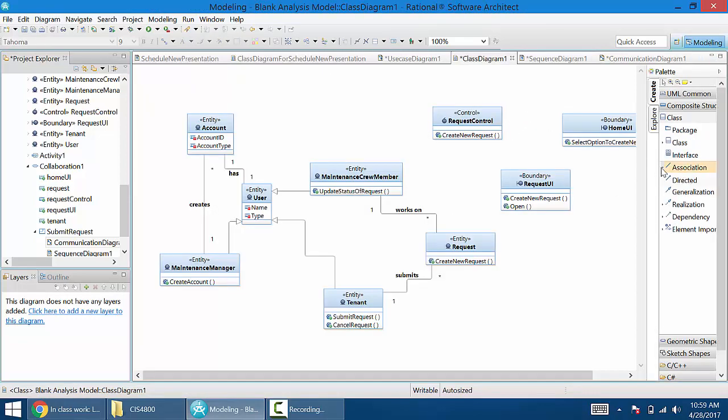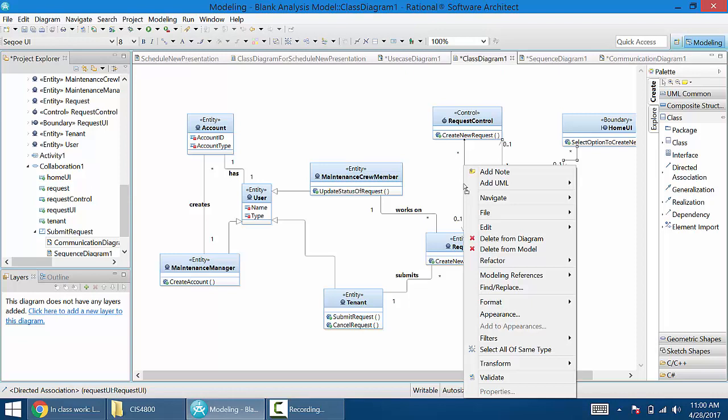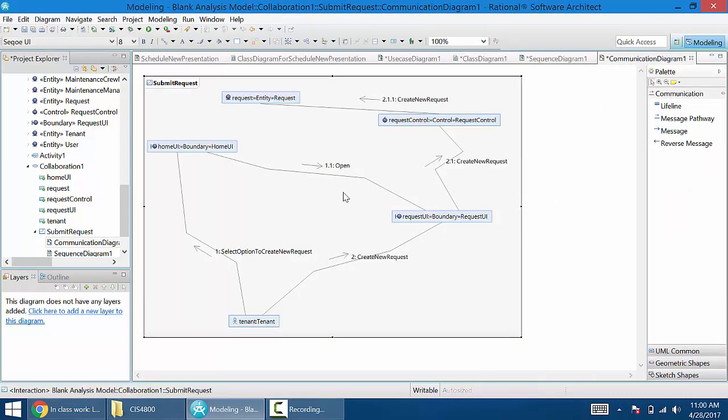So I'm going to go here and look at the association and use a directed association from home UI to request UI, from request UI to request control, from request control to request. So that's what we got from our communication diagram. I'm just going to remove the role names here so it's cleaner. And we don't worry too much about multiplicity when you create relationships between boundary, control and entity. So you can leave it as it is, or you can even just hide the labels. So we have the relationships between the boundaries and control and entity,